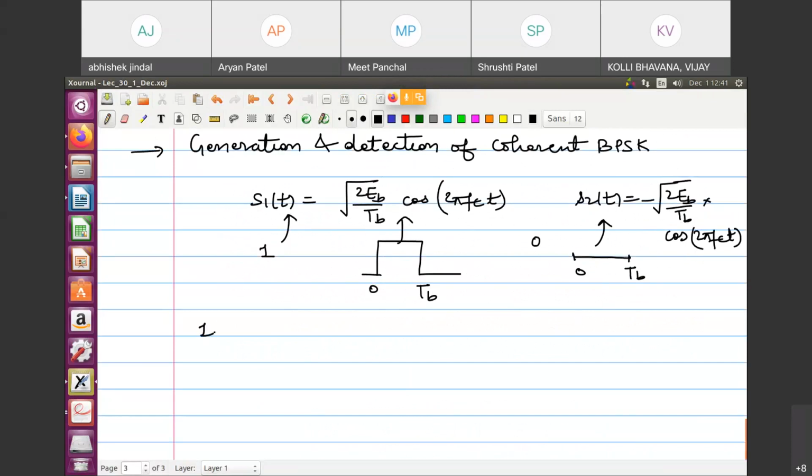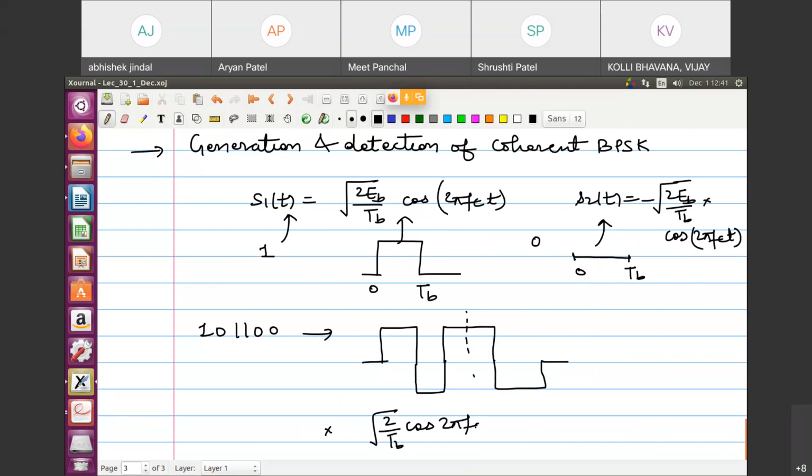So can I do this? 1 0 1 1 0 0. Suppose I represent it by this, which is 1, then it is 0, then it is again 1 for 2 consecutive points, that is this is Tb, and then this is 2 points as 0. Now if I multiply it with root of 2 by Tb cos 2 pi fc t, suppose this level is root of Eb, and this level is minus of root of Eb. That is, I represent 1 as